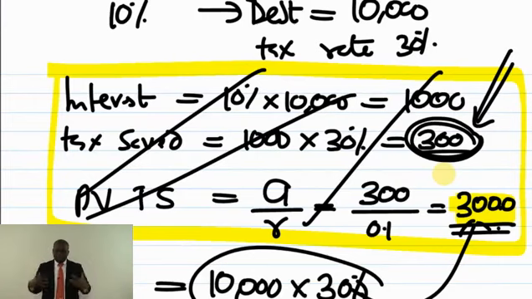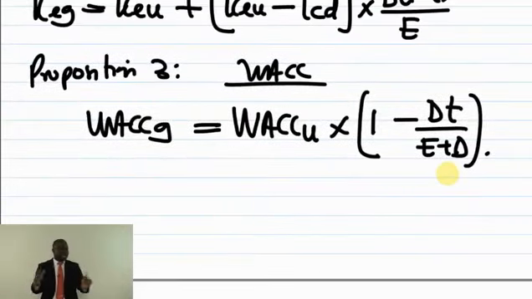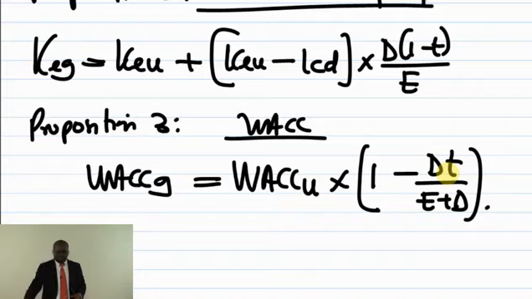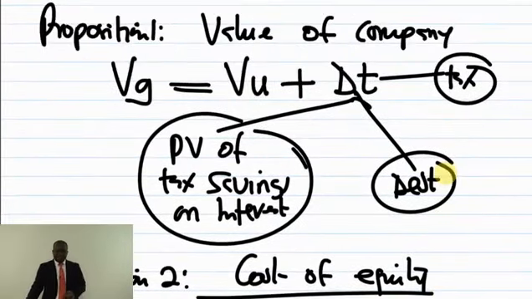So the most important thing for me is, will you be able to see that I need Miller and Modigliani? The moment you are able to see you need them, it is very, very straightforward. If I need to move between gearing and I have to calculate WACC, I'm thinking of Proposition 3. I have to calculate cost of equity, I'm thinking of Proposition 2. I need to calculate market value, I'm thinking of Proposition 1. So these formulas are what you have to put in mind.